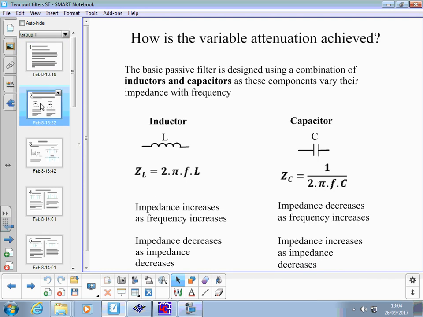So, how do we achieve variable attenuation? If you remember back to last week, when we were creating attenuators that had a fixed attenuation, we said they needed to be constructed from a circuit of resistors only, because the resistance of a resistor is independent of frequency. So, the basic passive filter is designed using a combination of inductors and capacitors, as these components vary their impedance